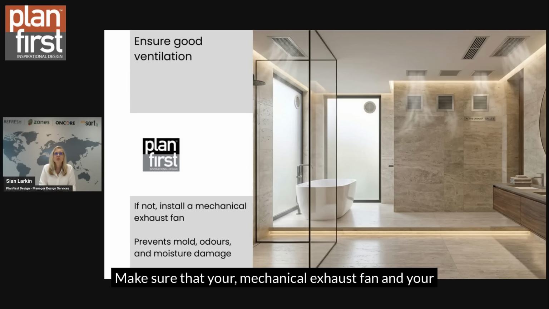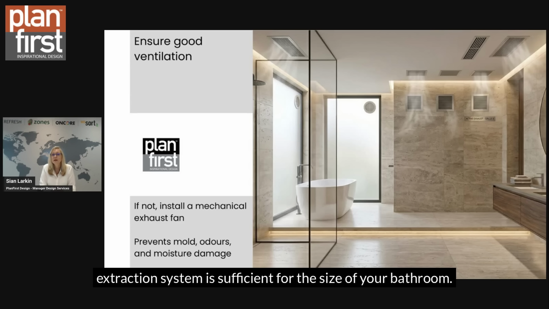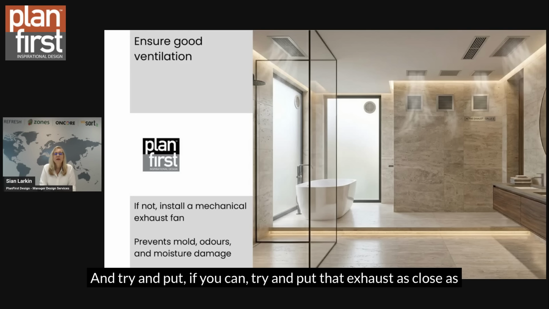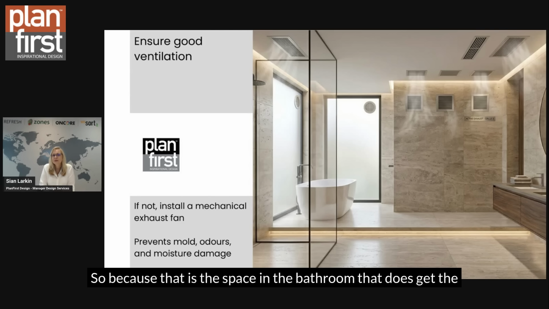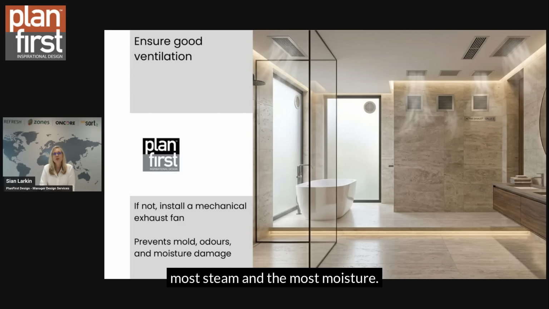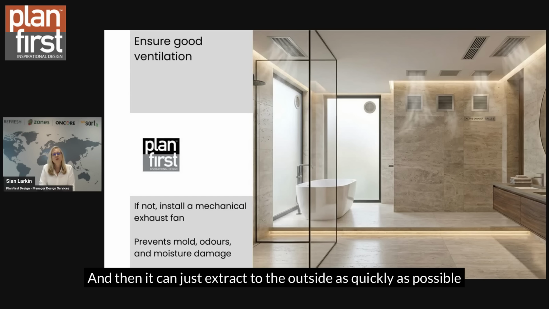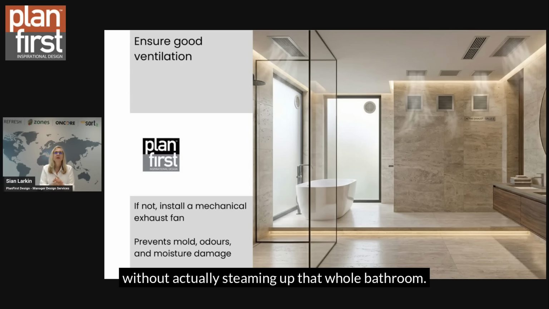To make sure that your mechanical exhaust fan and your extraction system is sufficient for the size of your bathroom. And try and put, if you can, that exhaust as close as possible to that shower, preferably on the ceiling above the shower, because that is the space in the bathroom that does get the most steam and the most moisture. And then it can just extract to the outside as quickly as possible without actually steaming